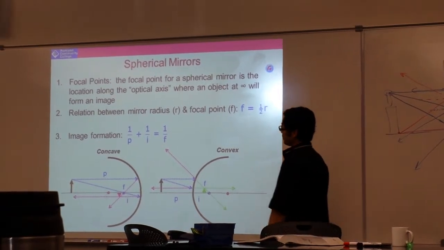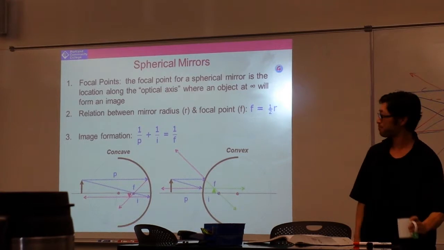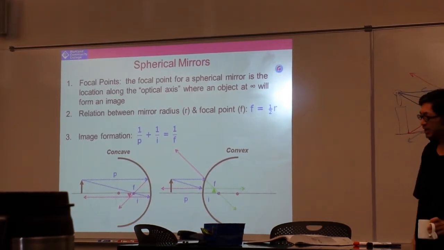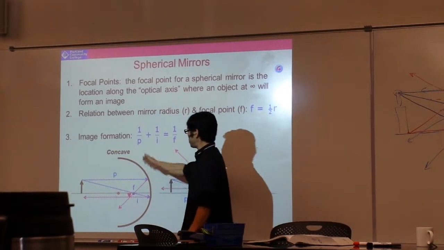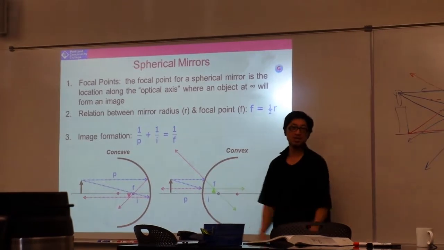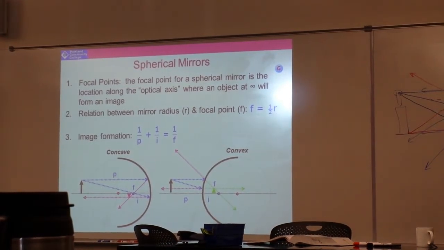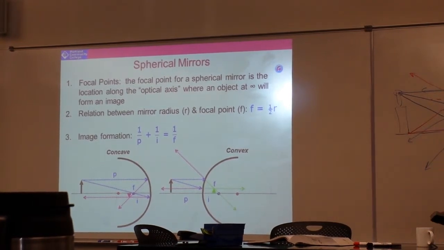One of the ways we do that is first we start talking about spherical mirrors. So, spherical mirrors. What is a spherical mirror? It's a mirror that has a shape like the inside or the outside of a sphere. What does that mean? It means it's got a constant radius. That curvature has a constant radius. It doesn't change its radius depending on where you are on that mirror. And so